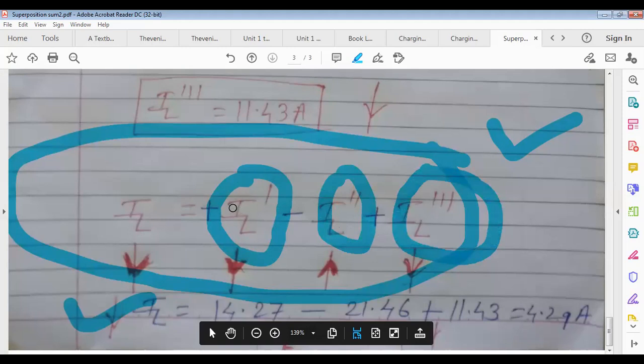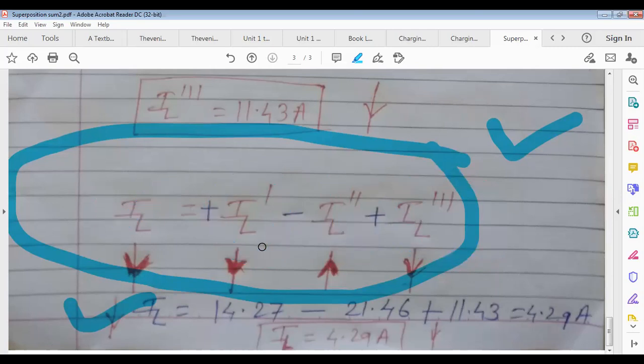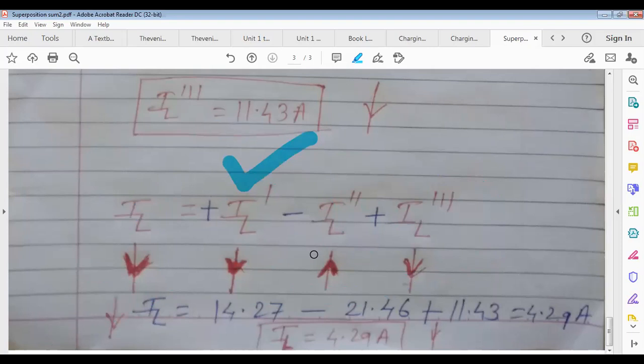Means not IL directly, they will ask you, because the sum is lengthy. So you will get asked to calculate either IL dash or IL double dash or IL triple dash if the sum is lengthy. If some circuit is very small, then only